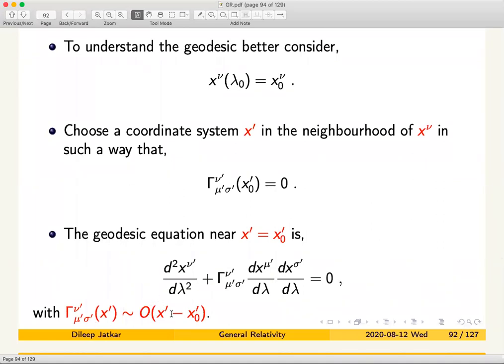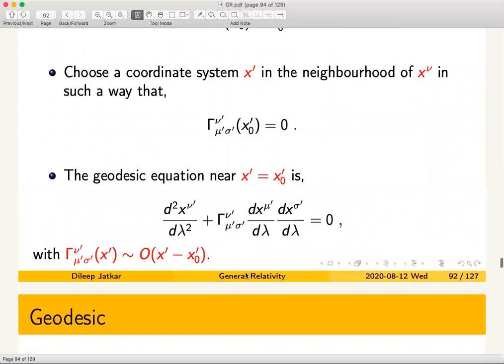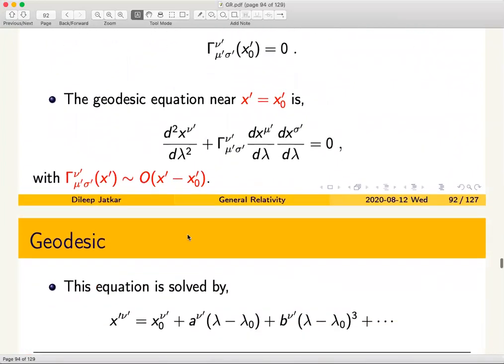Okay, it is possible that it is not even x prime minus x0 prime, but it starts directly at x prime minus x0 prime squared. Okay, that is possible. But this is just the weakest assumption that we can make, that if it vanishes at this point, it should be like this. Okay, fine. So what we'll do is that we'll use this fact and try to solve this differential equation.